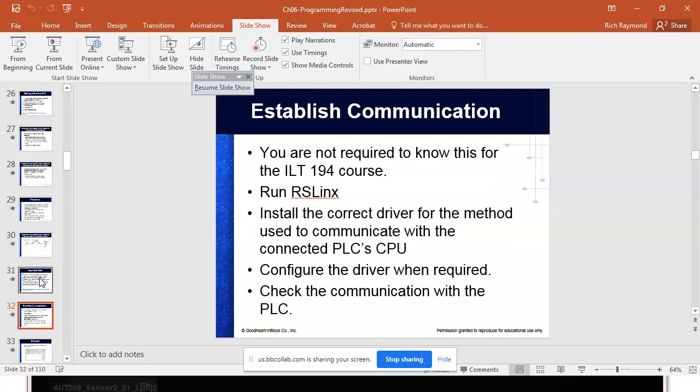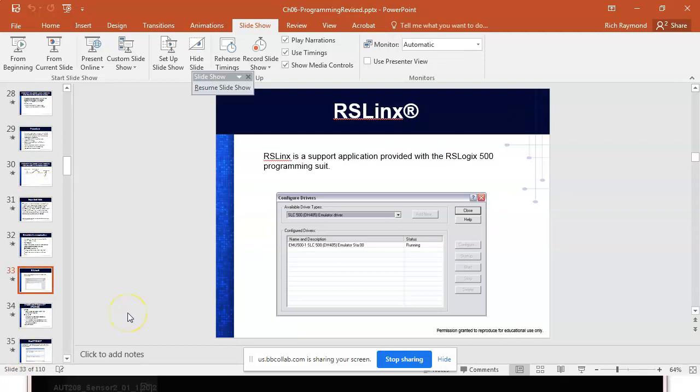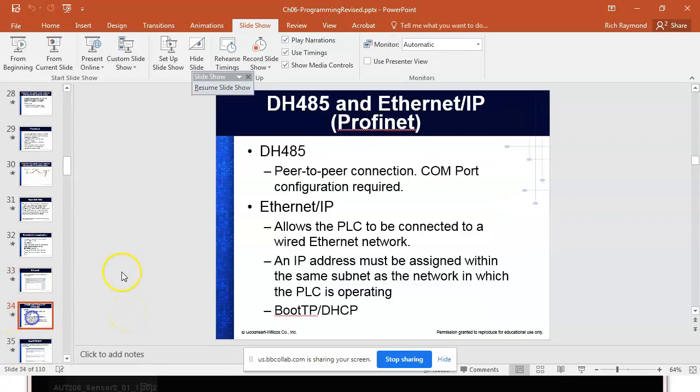You're not required to know this for IL 194, but we'll do this next class. RSLinx. This is where we install or configure the driver for the communication port that we're using. We'll also look at the DHCP server, which allows us to assign IP addresses. We'll have to look at that and understand that a bit. But why? Because the